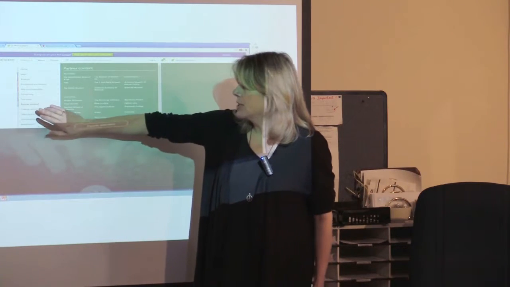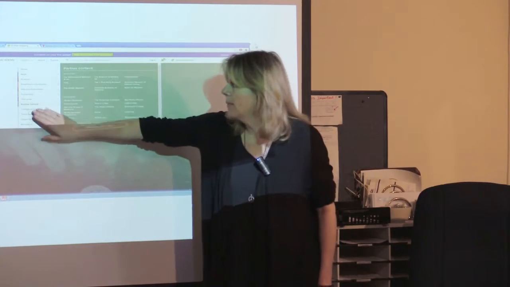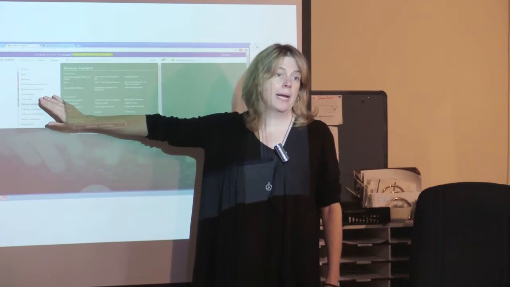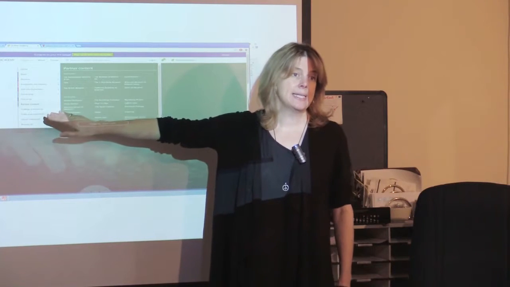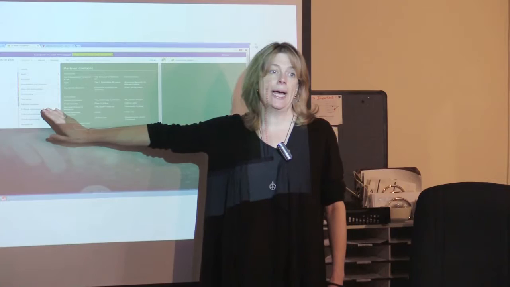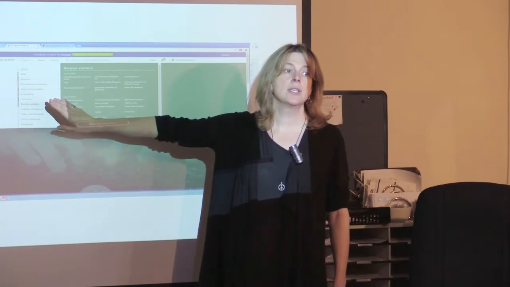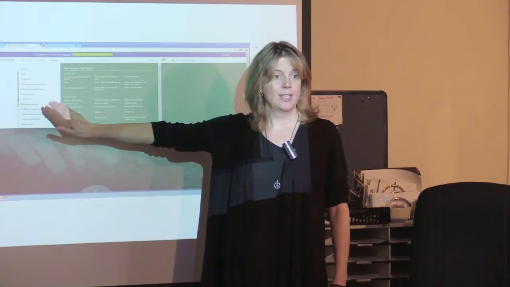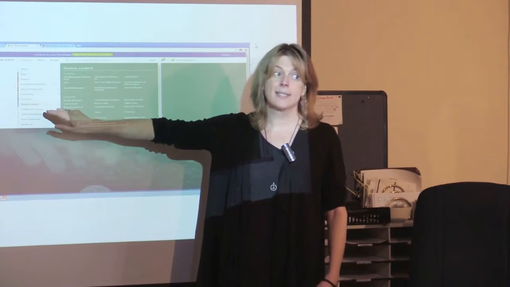There is a computer section that will teach you how to program. There's test preparation, so if you want to prepare for SAT, ACT, and various other tests, they're just beginning to add GED information here. So this will be important to our clients and people in the coming months, I think.